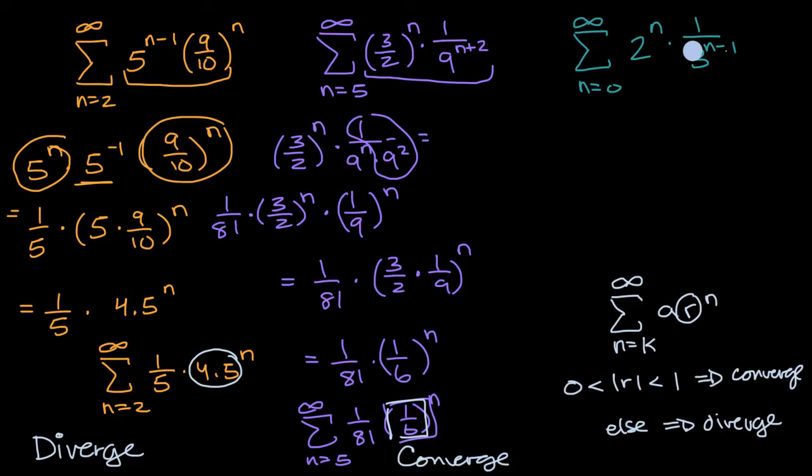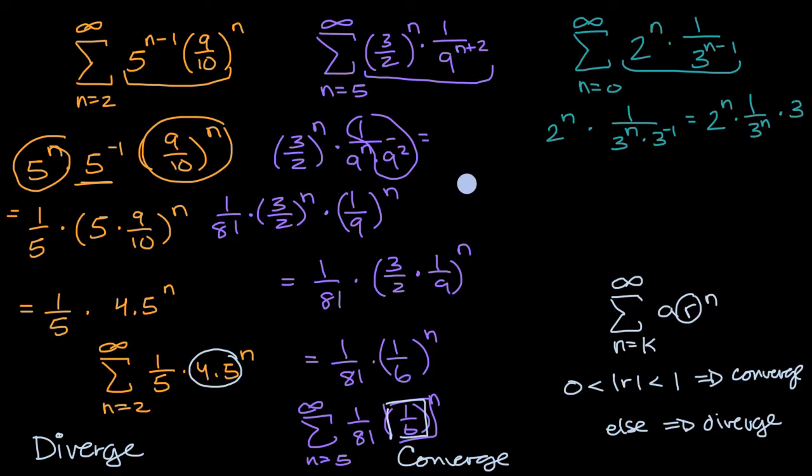Converge. Now let's do this last example. I'll do this one a little bit faster. If I'm just trying to algebraically manipulate that part there, that's going to be the same thing as 2 to the nth power times 1 over 3 to the n times 3 to the negative 1. Well, this is going to be the same thing as 2 to the n times 1 over 3 to the n. And 1 over 3 to the negative 1, that's the same thing as 1 over 1/3. That's just going to be equal to 3.